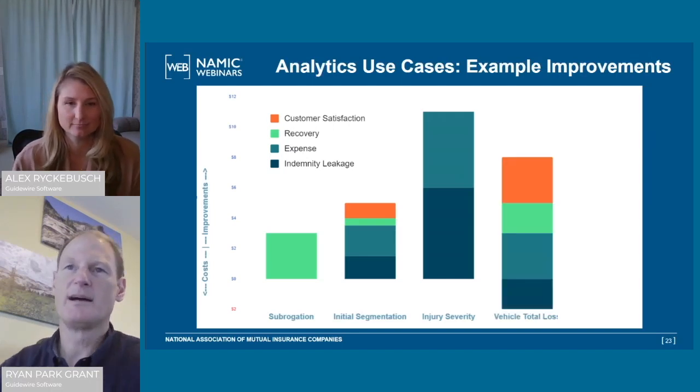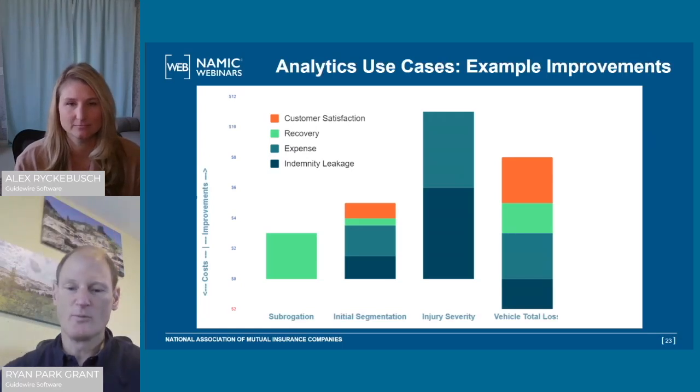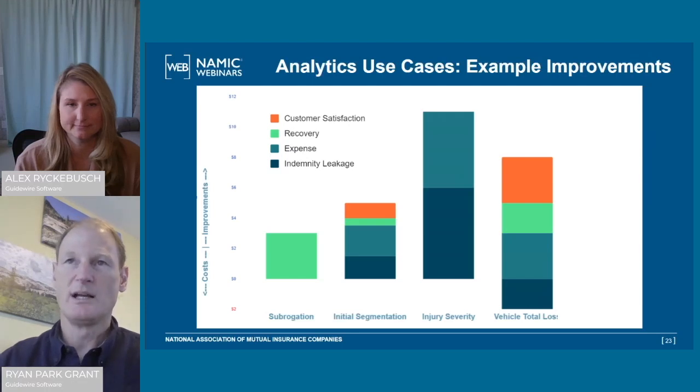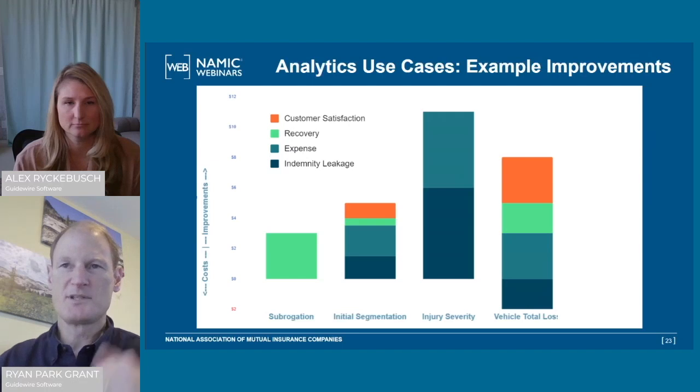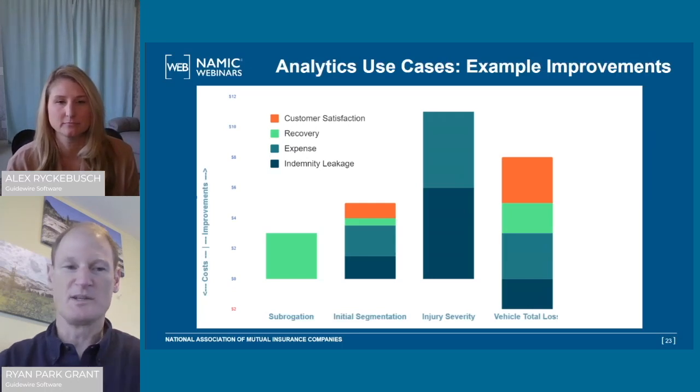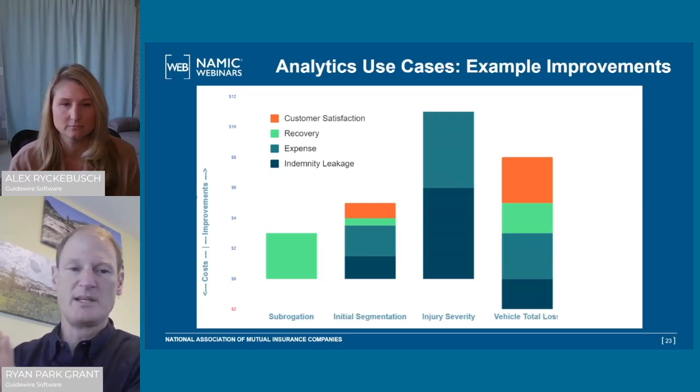The next one, vehicle total loss, again within the area of collision, first party vehicle coverage, tends to be a pretty valuable one. But the interesting one here is that we're starting to get something in the negative area, and that often is a reason why this pushes to the right, because of that concern that we're going to overpay for vehicles that we automatically send to salvage based on a model, and we could have repaired them for less.